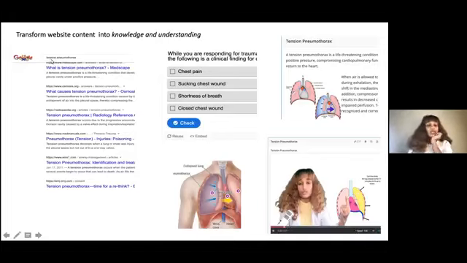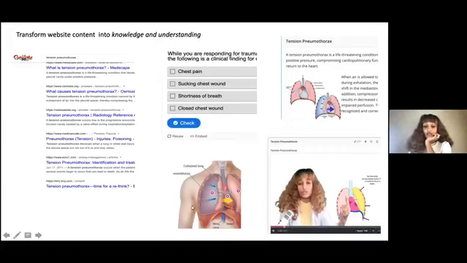For example, if you are Googling tension pneumothorax, many results will pop up, but we can't use those for academic purposes. So we prepare tension pneumothorax in terms of text and in terms of image. This image will explain tension pneumothorax. We also prepare interactive learning objects like this, so the student can check themselves whether they got it or not.